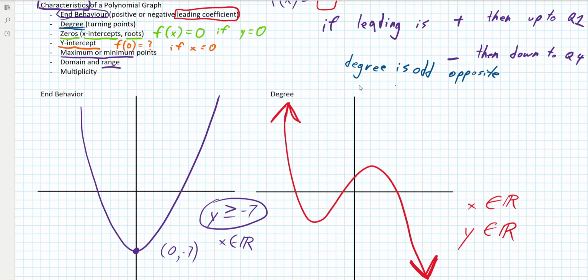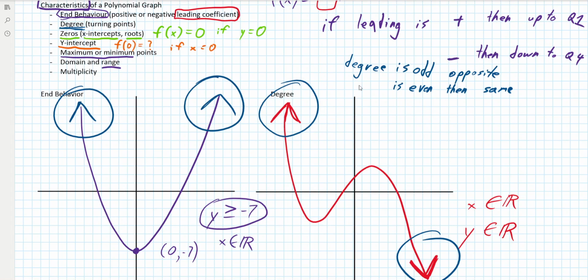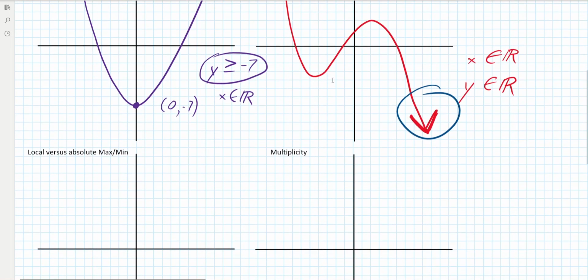Okay, if it is even, then same direction. So what do I mean by that? Well, if you look at my degree 3 thing that was happening here, you can see how they're going in opposite directions. Whereas in my degree 2 thing over here, they're going in the same direction, both up or both,